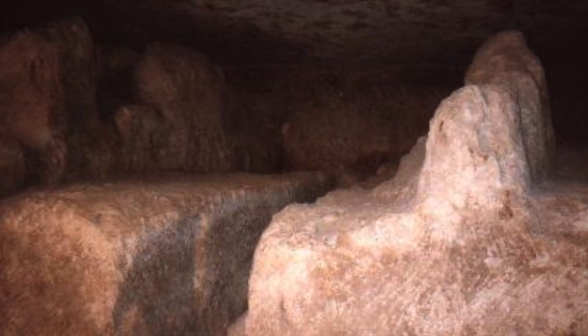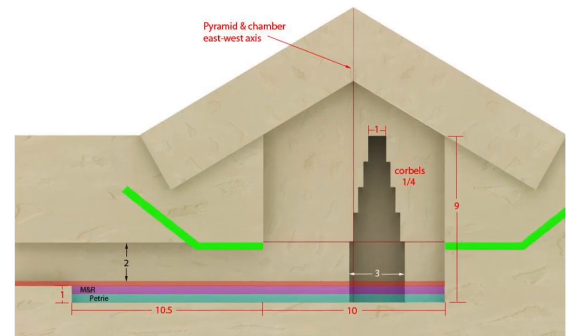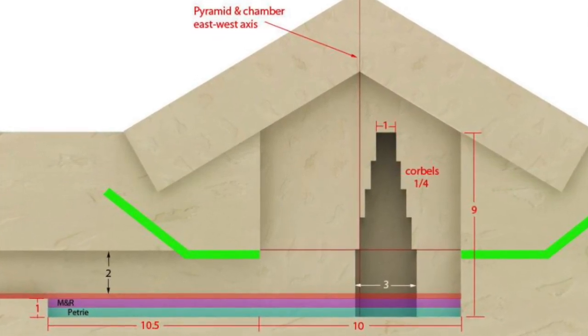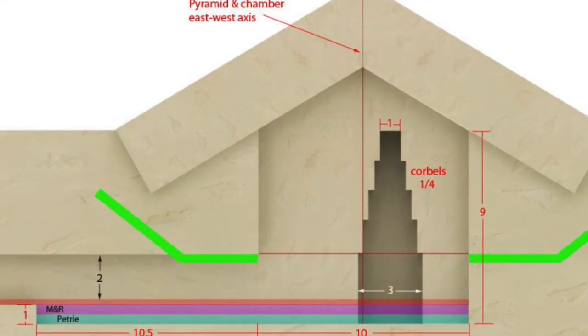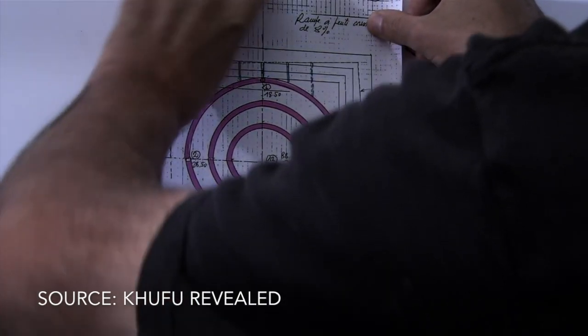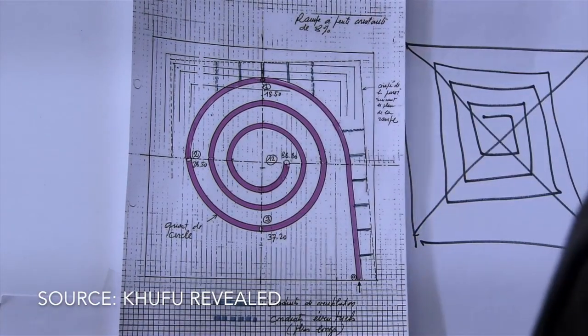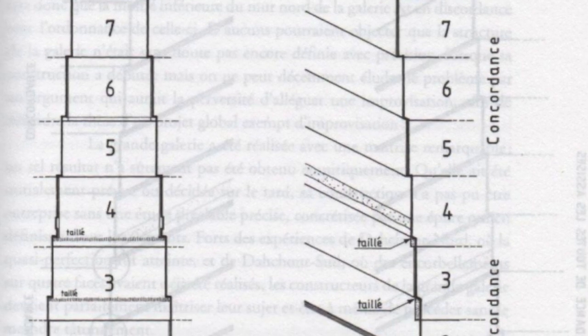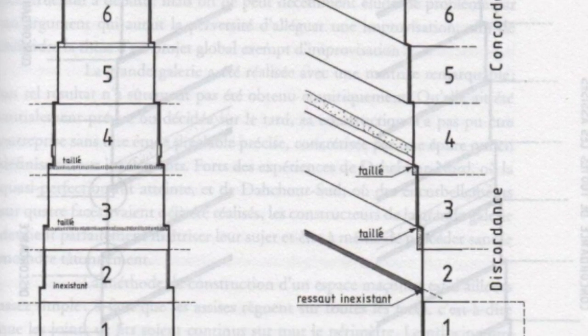Moving on, we see the ceiling of the Queen's Chamber now coming into place. Brier proposes that the rafters of the Queen's Chamber ceiling came into place around 10 years into the construction of the pyramid, placing it somewhere around the halfway point if the 20-year timeline is to be followed. Alongside this unique sloping ceiling, the beginnings of the Grand Gallery was starting to take shape, and the well shaft had been dug out, again it seems for reasons unknown.